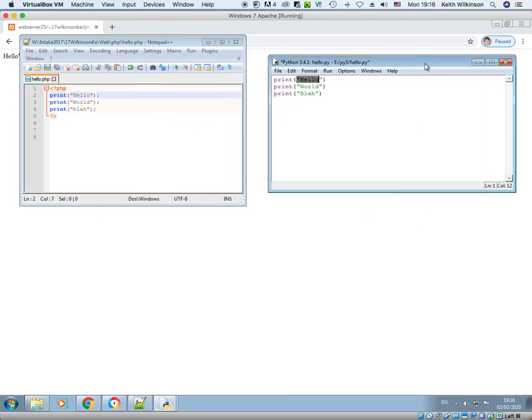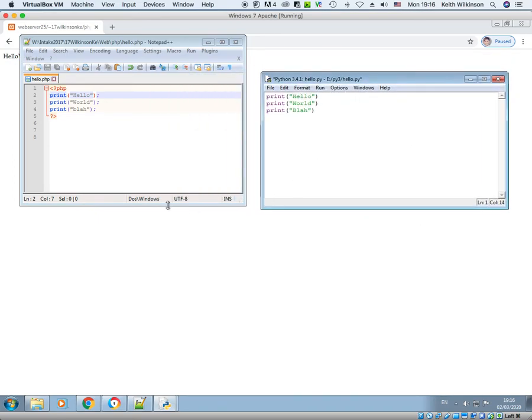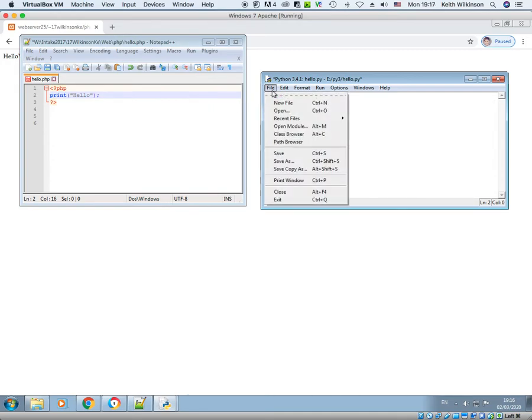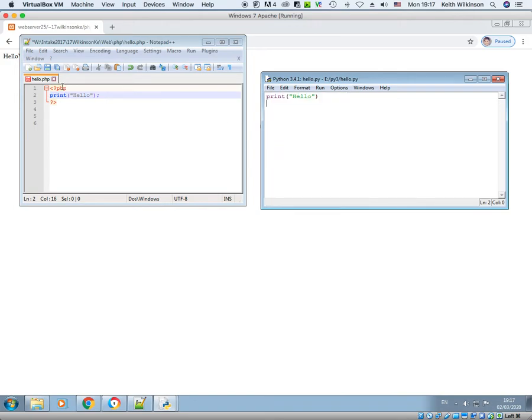Okay. So let's delete these two lines here. So I've only got one line, and save both of them. Now,